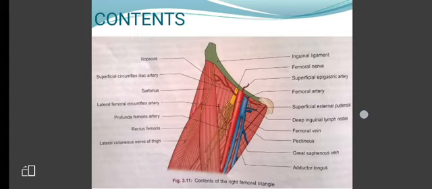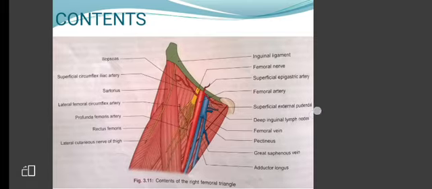Next, learn about the content of femoral triangle. As you can see in the diagram,